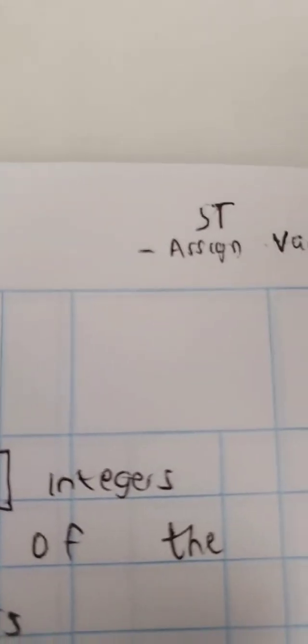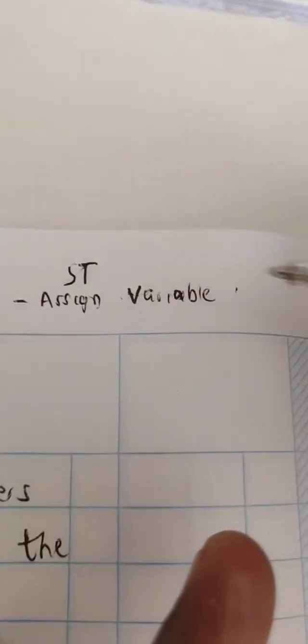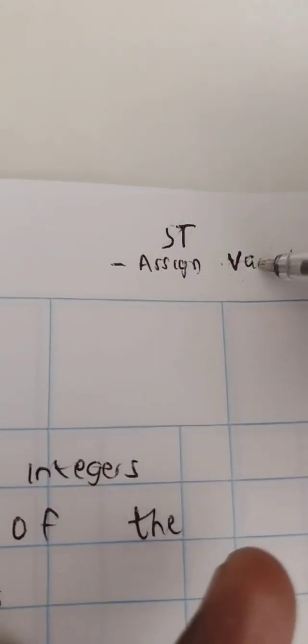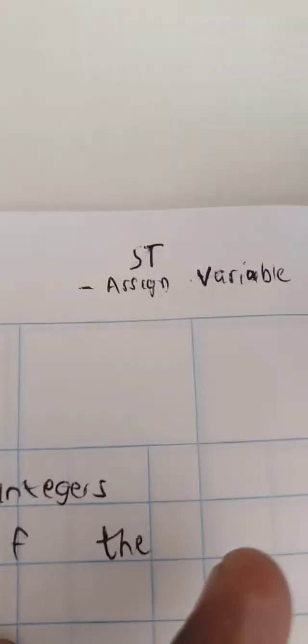We assign a variable to the thing that we're looking for. A variable is a letter of the alphabet that stands in the place of something we don't know. So when I say we assign a variable to what we want to find,